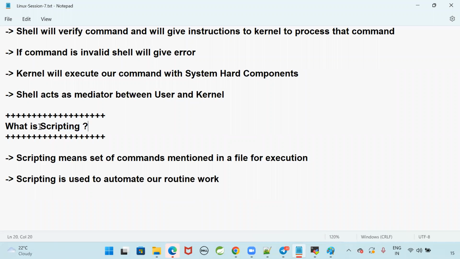That file is called a script file. Scripting means a set of commands mentioned in a file for execution. Scripting is used to automate our routine work. For example,